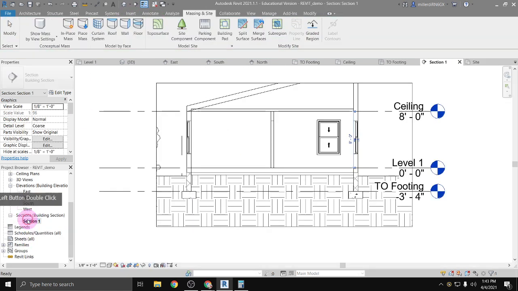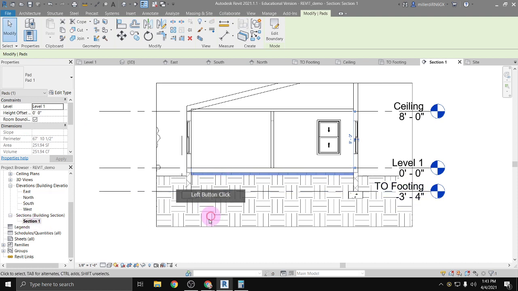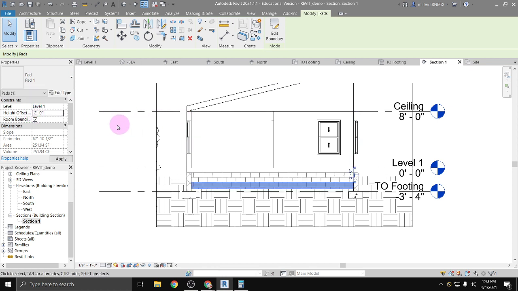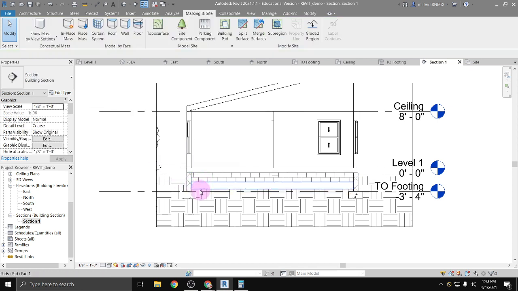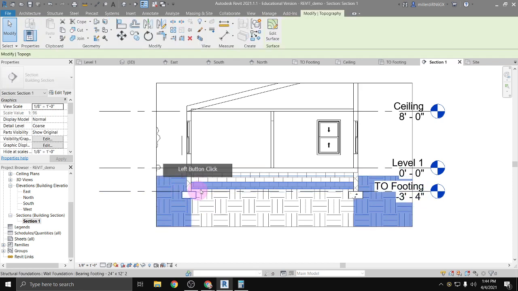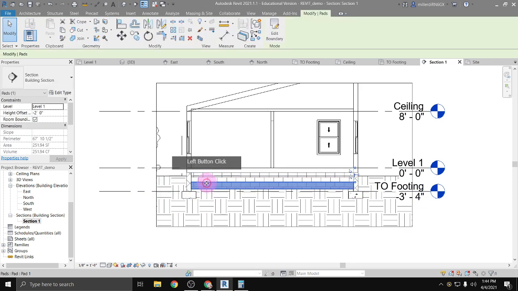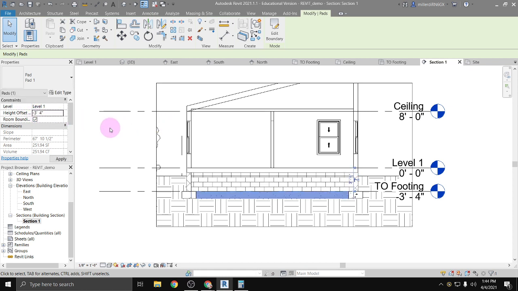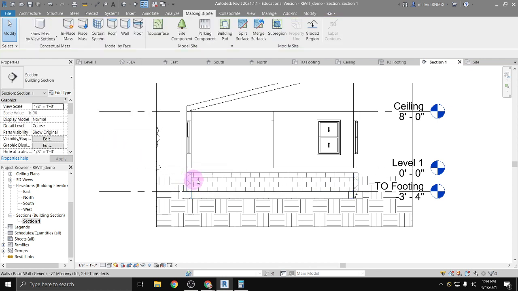And then let's go into our section view. What does it do? Not a whole lot. So this right here is my building pad with a height offset of 0. If I give it a height offset of -2, we can see now that it pushes the ground down -2 feet for our site. So what I'm going to do then is push it down so that it's right in line with where the top of our footing is. So I'm going to do -3'4",